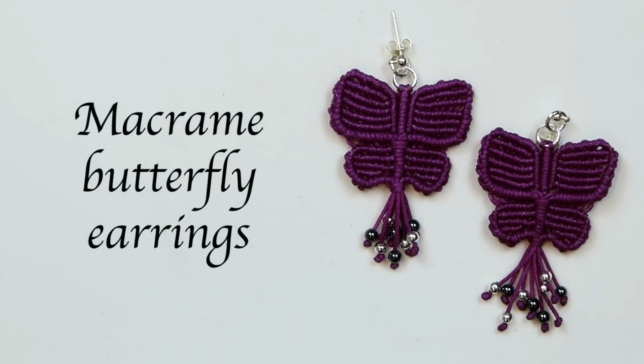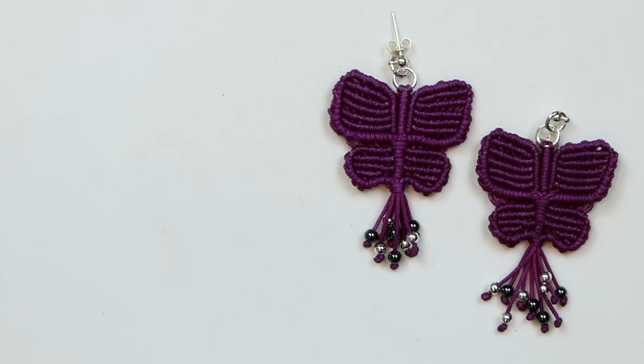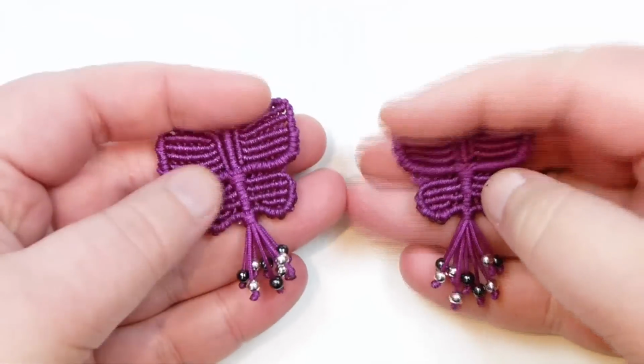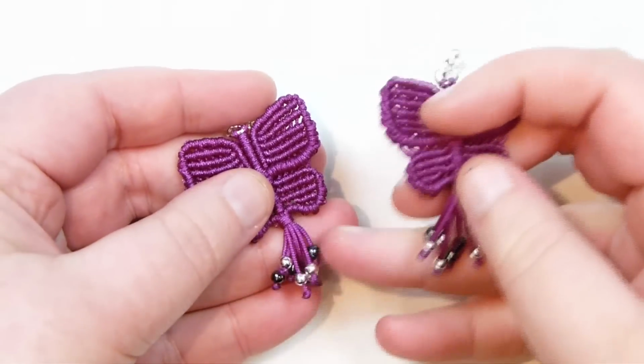Hello there everyone. In today's tutorial I'm going to show you how we make these macrame butterfly earrings. They look like this. So you have these cute little butterflies and then with a little tassel on the bottom